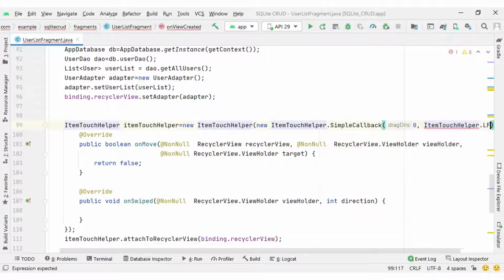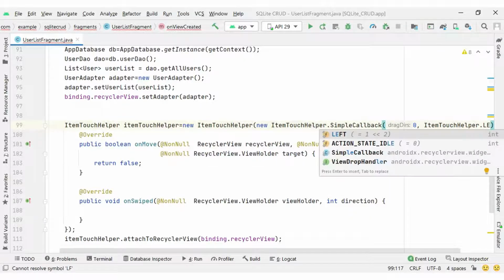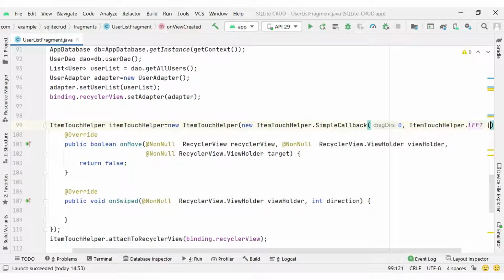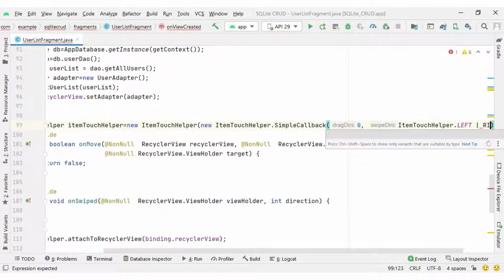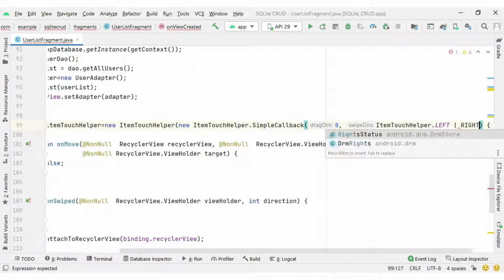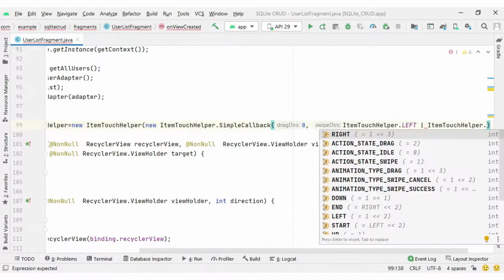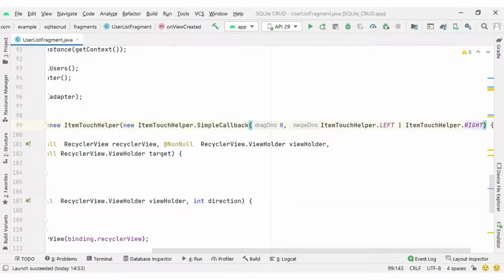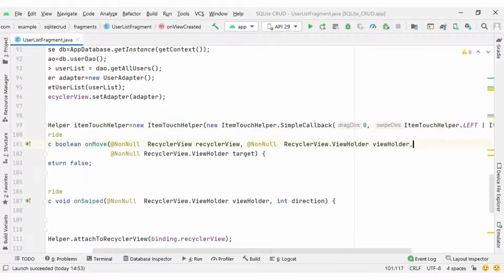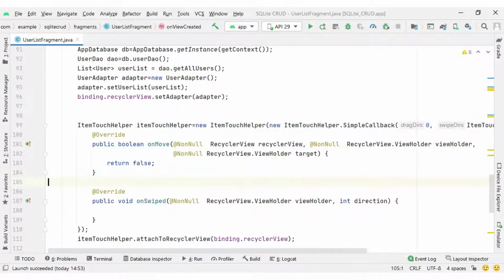I write ItemTouchHelper.LEFT, which provides the left swipe behavior, and another parameter I can pass is ItemTouchHelper.RIGHT. So we have given both directions, left and right. If we swipe to the left side then it will be the delete operation, and if we swipe to the right side then it will be the edit operation.